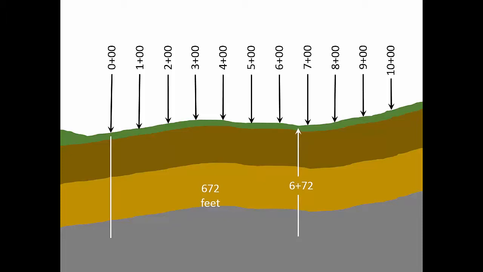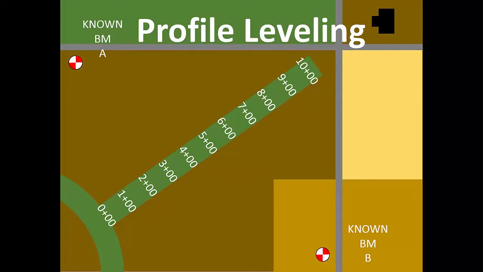Now that we have the stations marked, it's time to use profile leveling to measure the elevation at those stations in the waterway. We'll set up our instrument where we can see the starting benchmark and several of the station marks. Our first rod reading is a backsight on the benchmark, and our first foresight will be at station 0+00. Instead of moving the instrument like in benchmark leveling, we can continue reading the rod at the next